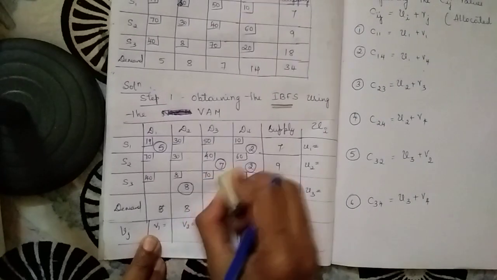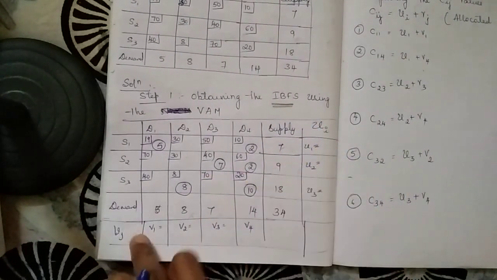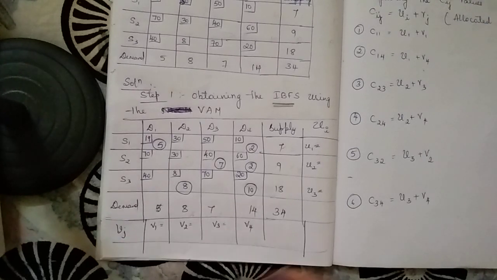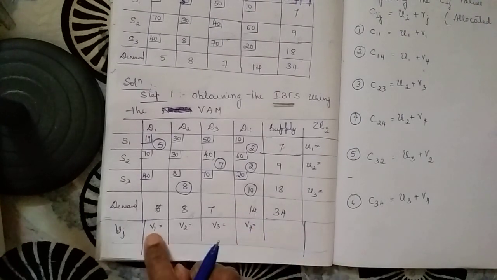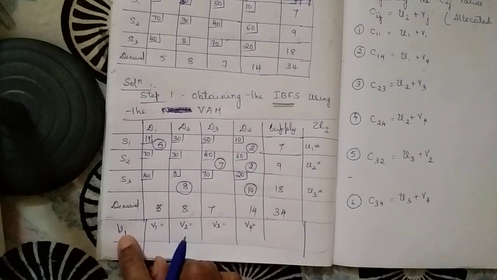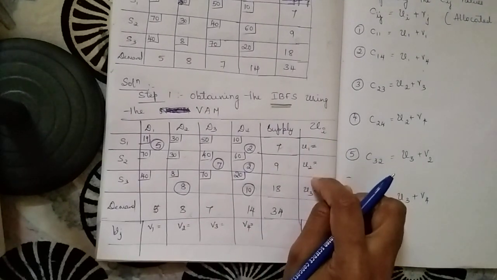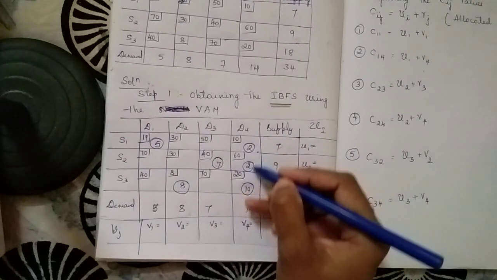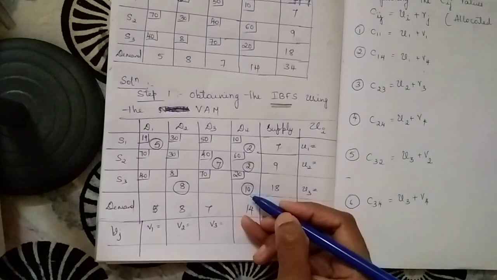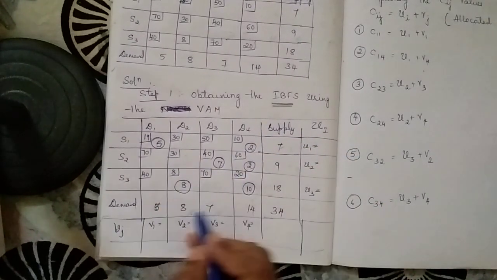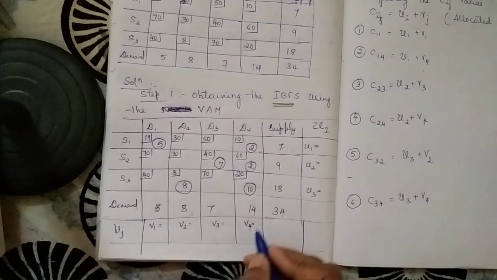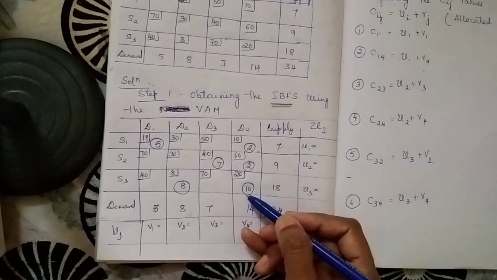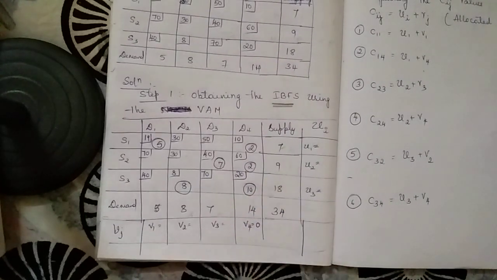So here we'll have to calculate the ui and vj values. How do I calculate the ui and vj values? Here we assign 0 to any of either the vj values or ui values. I will randomly take it up. Where there is more allocation, we usually go by that. You have a choice to take 0 for any of the rows or the columns, but here you see three allocations, this is where the maximum allocation is, so I am assigning 0 here.